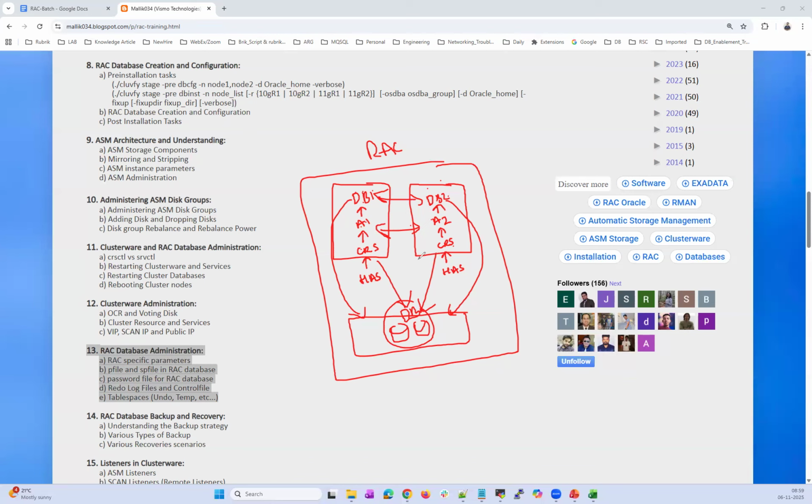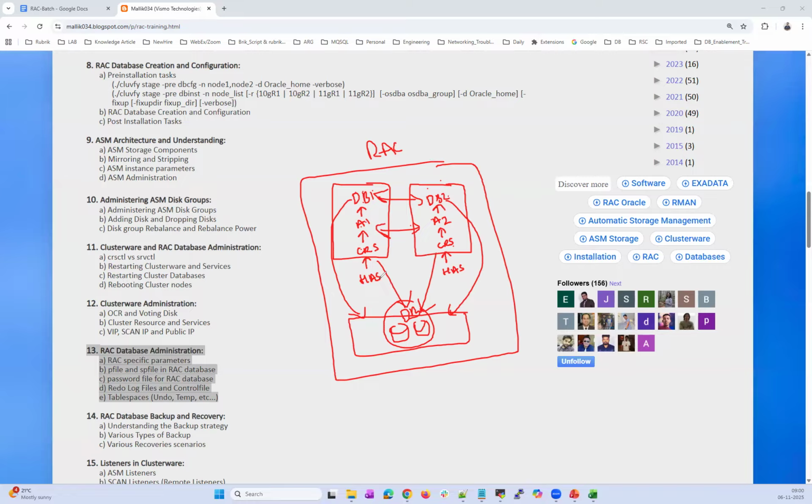At a higher level, whatever I just explained looks so simple. But when you go internal to the RAC cluster, it is very, very challenging. There, all these terminologies will come into the picture: CSSD, Cluster Synchronization Service Daemon, network heartbeat, disk heartbeat, voting disk, and split brain syndrome. What is split brain syndrome and when does it occur? And in the same way, you have HAIP, highly available IP, then the private network, and cache fusion.